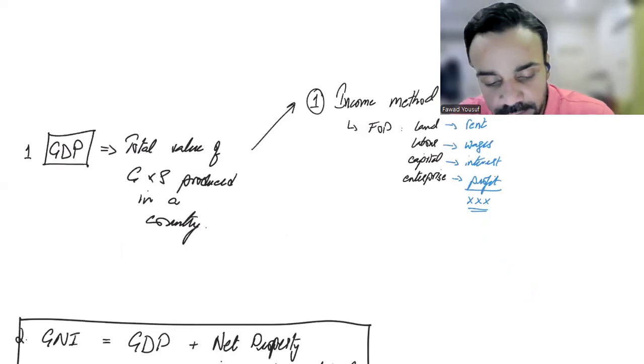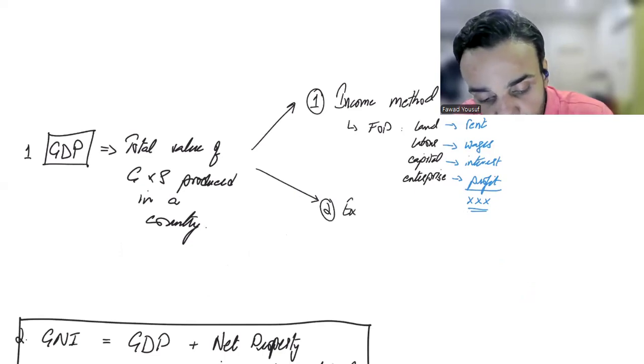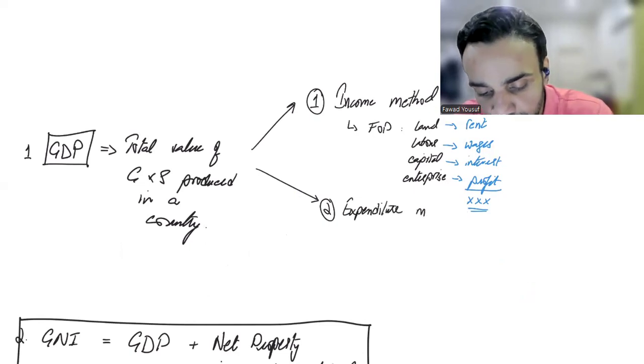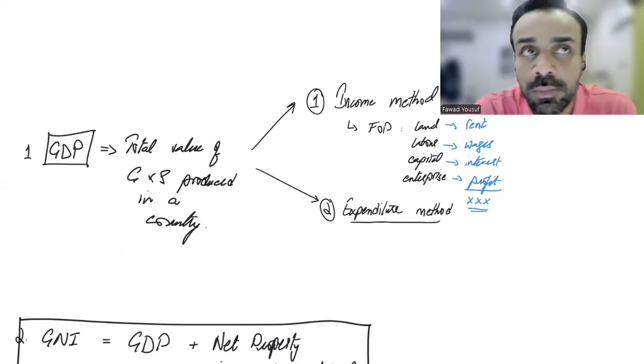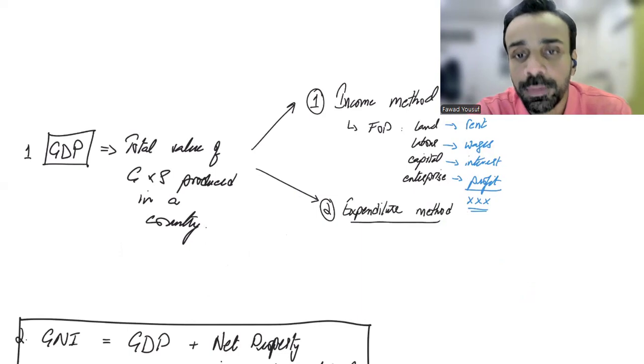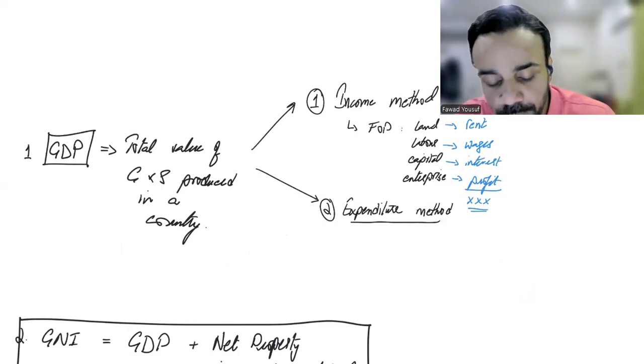The second method that we have is called the expenditure method. Now, this one is honestly economics के अंदर the most important method. Government uses it, and in fact तुम्हारा AS और A2 के अंदर इसके ऊपर पूरे पूरे मॉडल्स हैं. अभी भी जो हम बात करेंगे ज्यादातर इसी मॉडल के ऊपर होंगी.